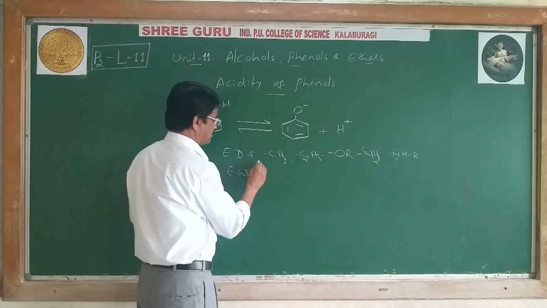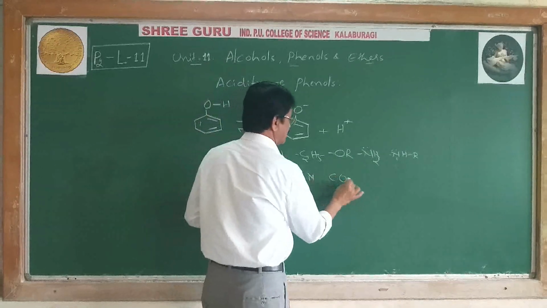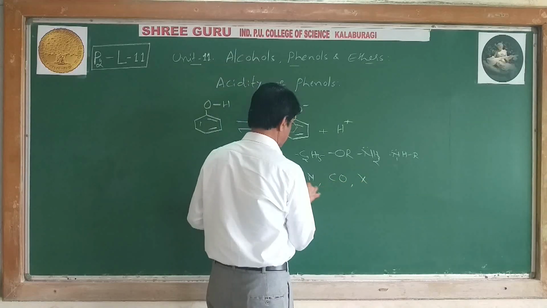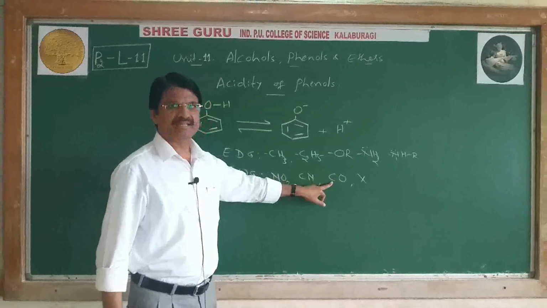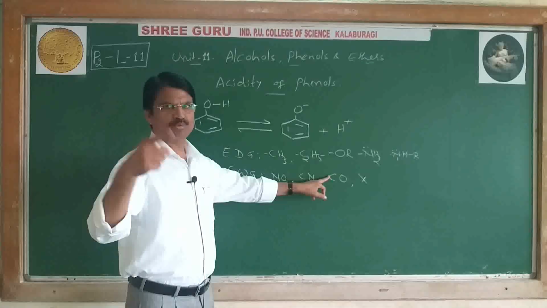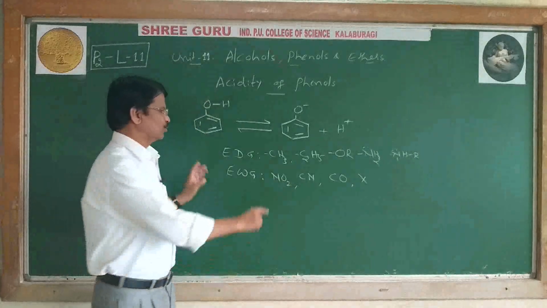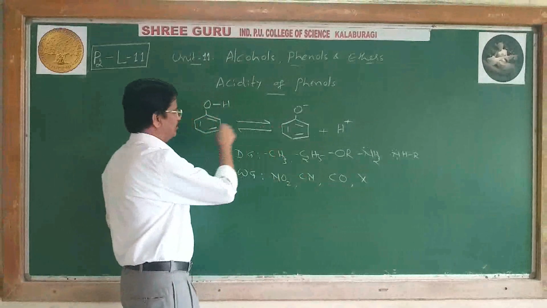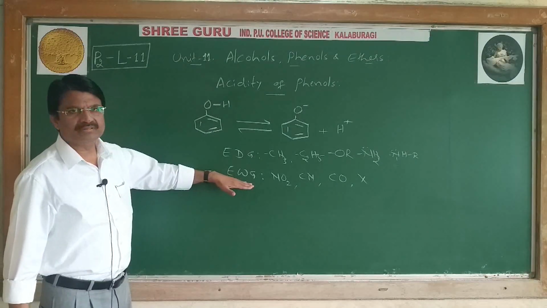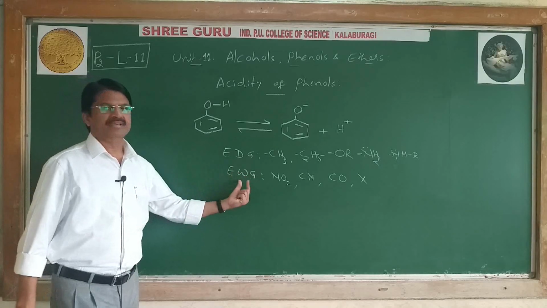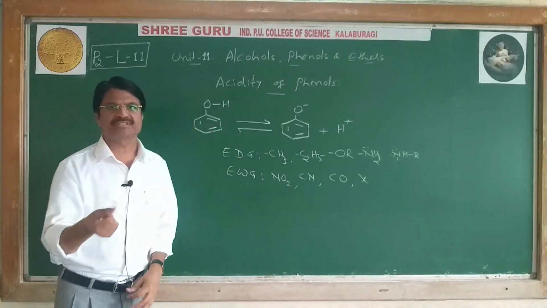And electron withdrawing groups: NO2, CN, CO, X, fluorine, chlorine, bromine, iodine. Here aldehyde, ketone, CO, CHO, and even COO. Next, cyanides or nitriles, nitro compounds, or nitro group. So these groups, if they are present on the benzene ring of phenol, then as I told yesterday in the last period, they increase the acidity. Electron withdrawing groups increase the acidity of